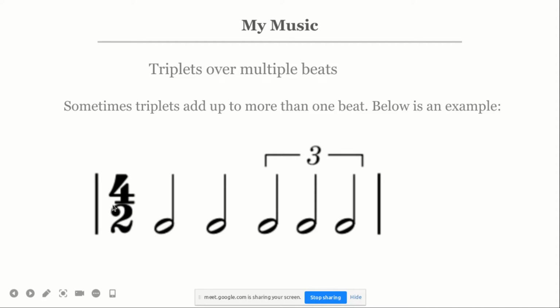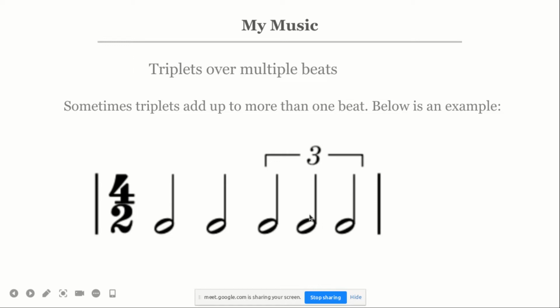So what is the other name for a half note? The minim. Minim, you're right. So there are 4 minims in a bar. And actually, you said it in the beginning when you said that the 3 minims in a triplet will be equal to 2. And then when you add that to the other 2, they become 4. You can clearly see now there are 4 minims in a bar.